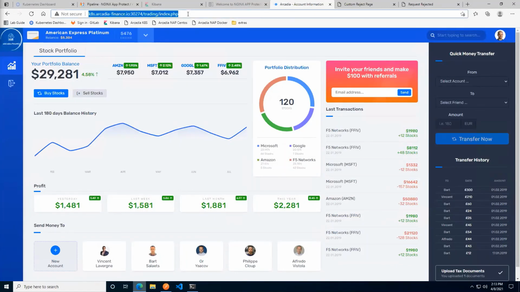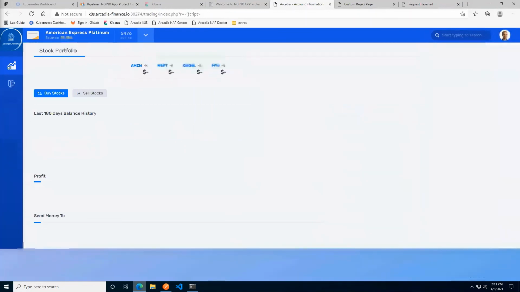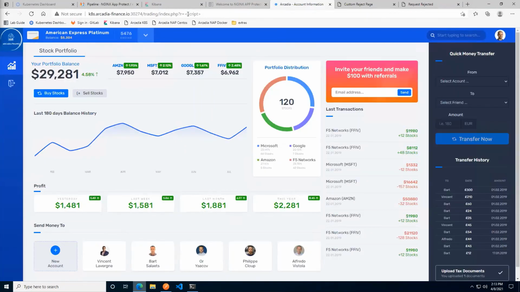Now, what happens here then if I try to do an attack? Nothing happens. And the reason nothing happens is we have no protection here. This is just a simple Kubernetes Ingress Controller, which we created as step 2 in the workshop today. So we're going to fix that.